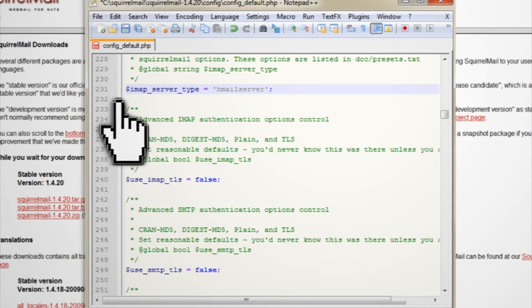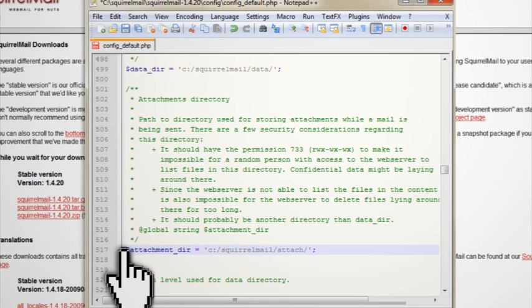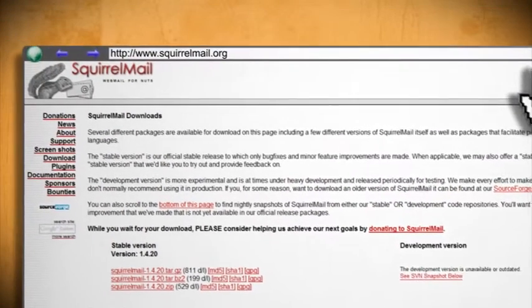You want IMAP_server_type to equal hMail server. You want data_dir to equal c:/squirrelmail/data/. And then you want the attachment_dir to equal c:/squirrelmail/attach/. Now save it, open up a web browser and go to